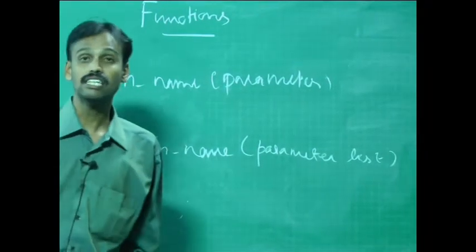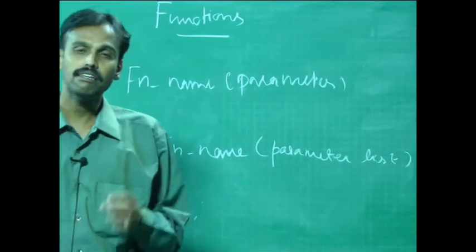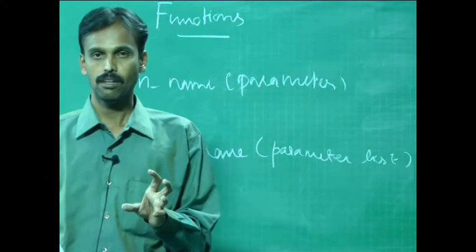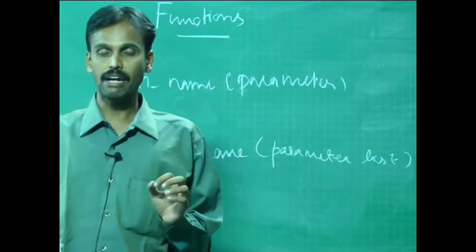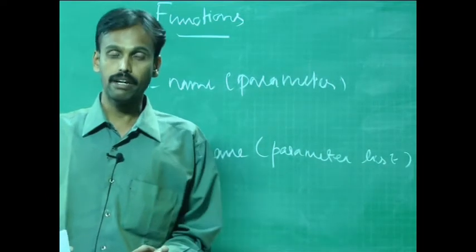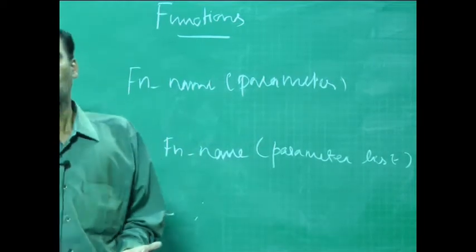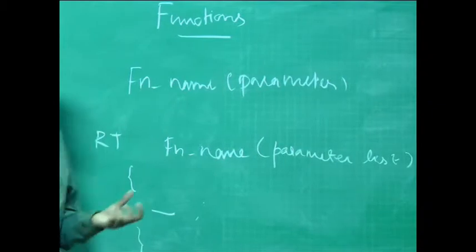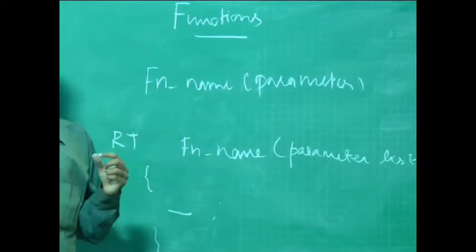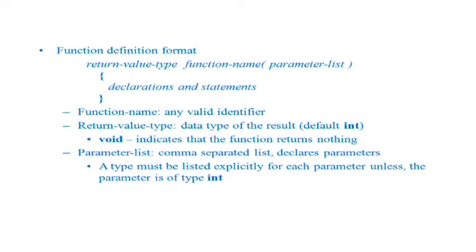What is the function name? Function name is any valid identifier. Please follow the rules that we have had for naming an identifier. I hope we had it in the very first chapter. Then, what is the return value type or return type? This is the data type of the result. Whenever I have no particular thing to be returned, I make this void. Void indicates that the function